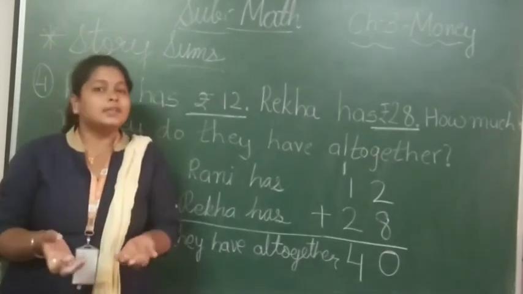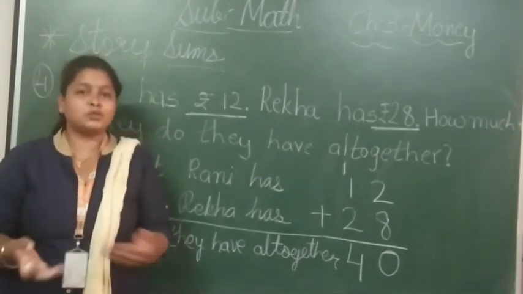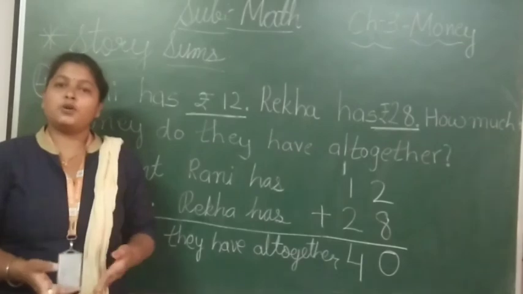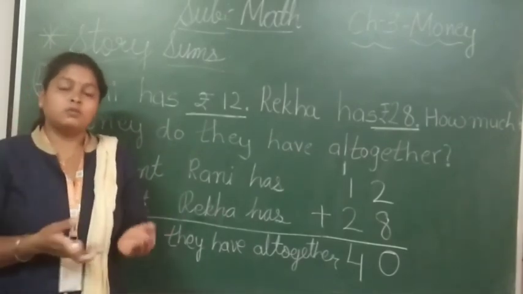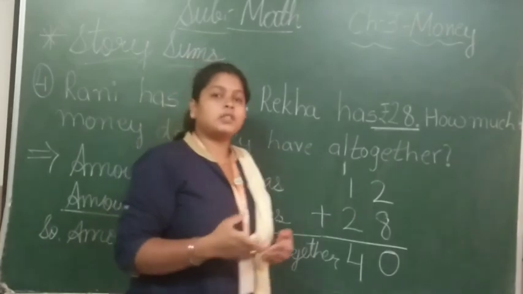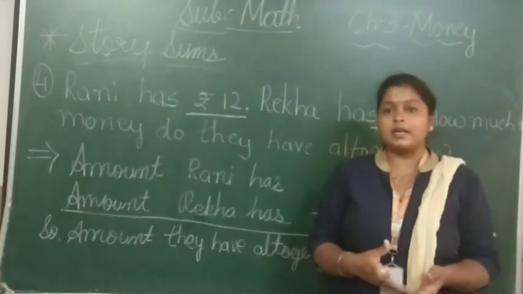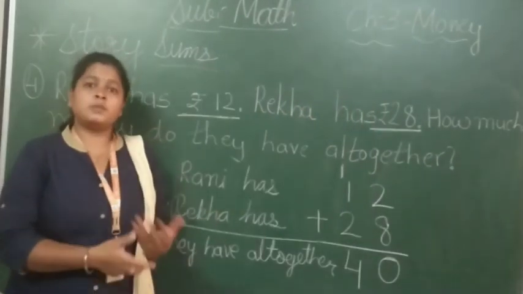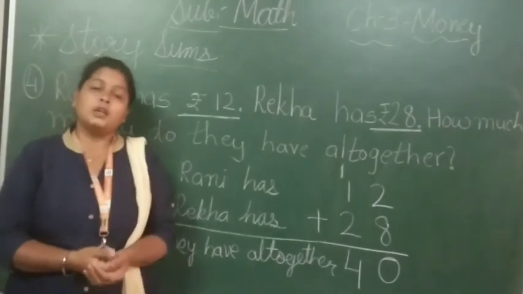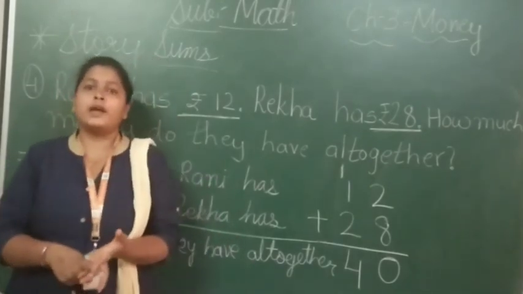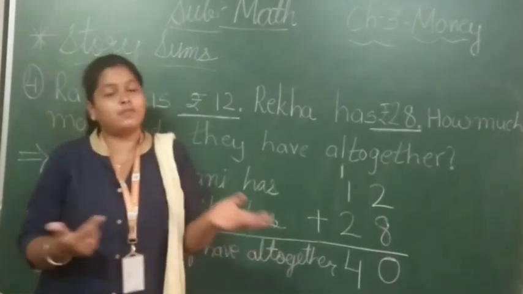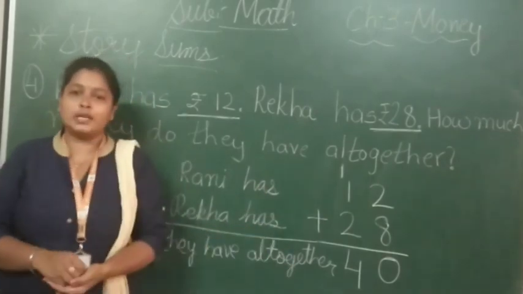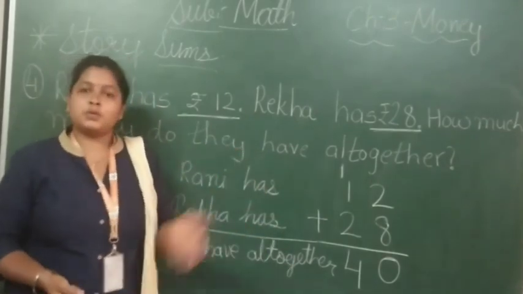So now you will come to know how to solve the story sums of money. Is it easy? Yes, obviously easy because you know how to solve the story sum. But the difference is that the amount is different. यहाँ पे आपको numbers different दिए गए होंगे. That you have to just clear in your mind. Once you learn the method of solving the story sums, एक बार अगर आपको method याद रहेगी कि आपको story sum कैसे solve करना है, then it will be easy to solve. So in this chapter you are clear about the money, when to use money, how to use it, how to convert into rupees, how to convert into paisa, addition of money, subtraction of money, and at last story sums of money. So here we have completed our chapter number 3, that is money.